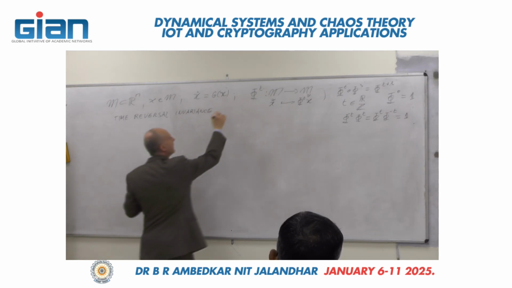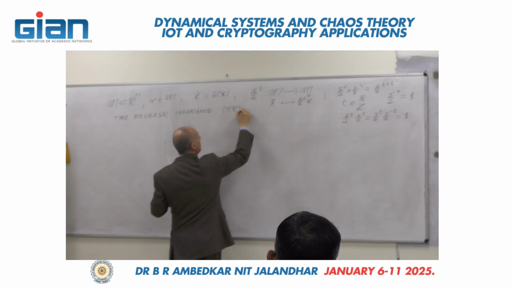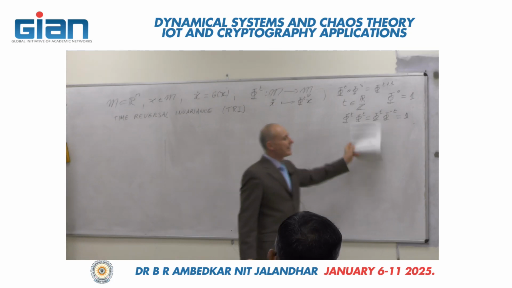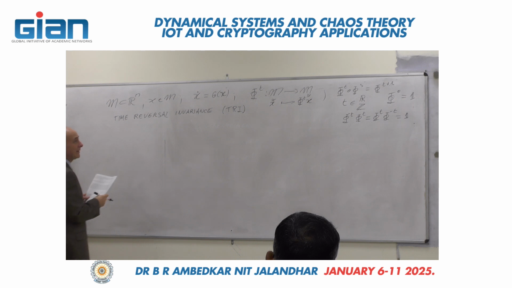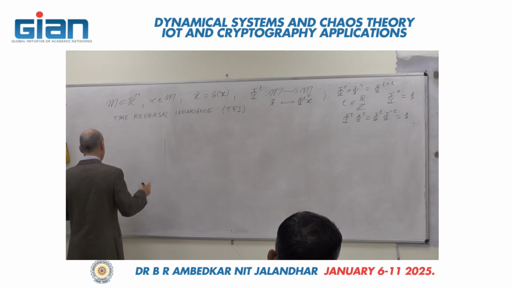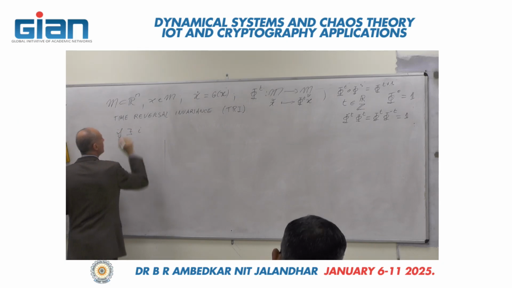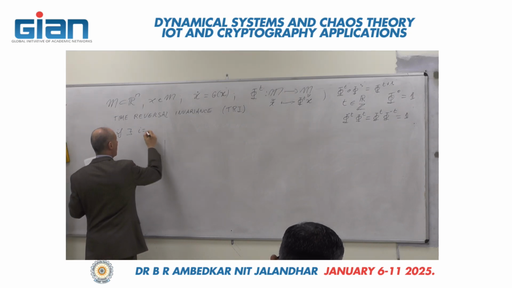Okay? Usually it is shortened as TRI. Time reversal invariance makes use of the existence of the inverse, but it is a stronger property than the inverse. And then I will try to explain what is the difference. So we have time reversal invariance if there exists an operator, a linear, continuous operator, that is called an involution, that